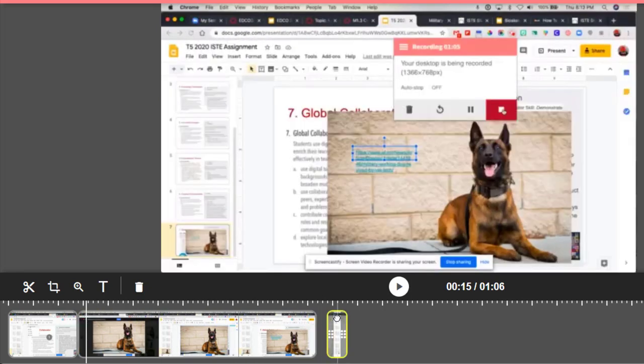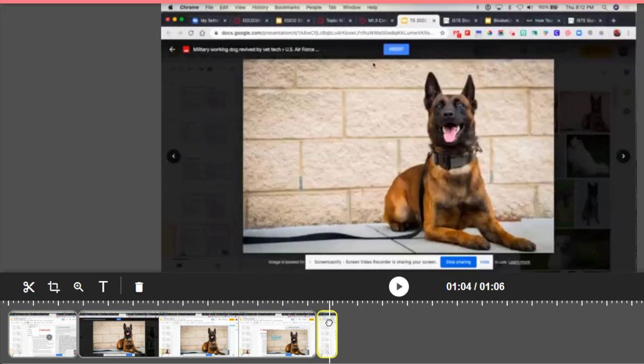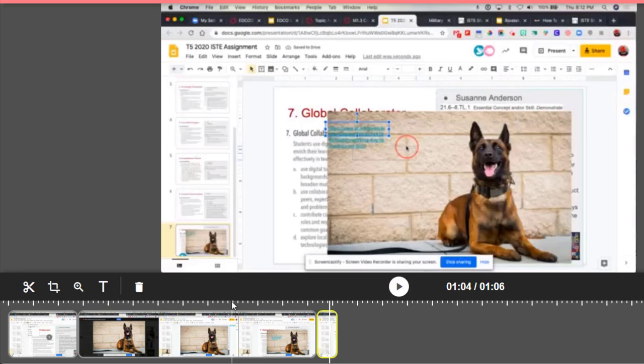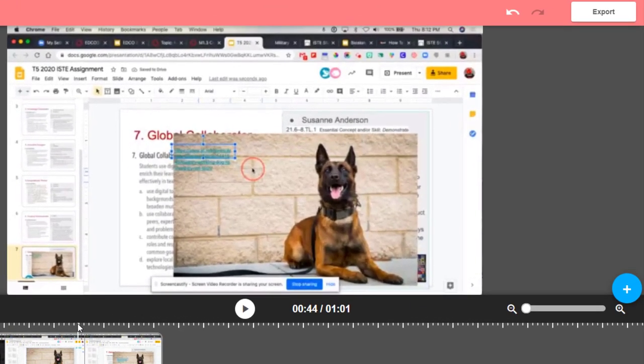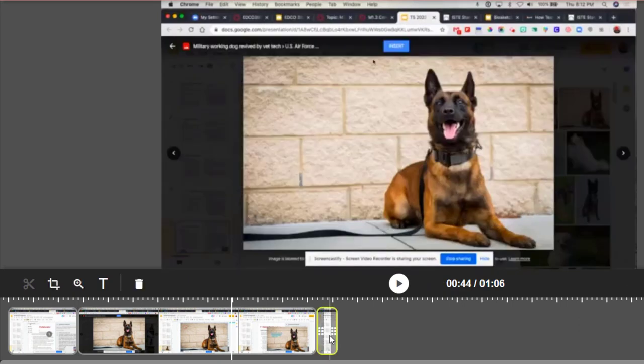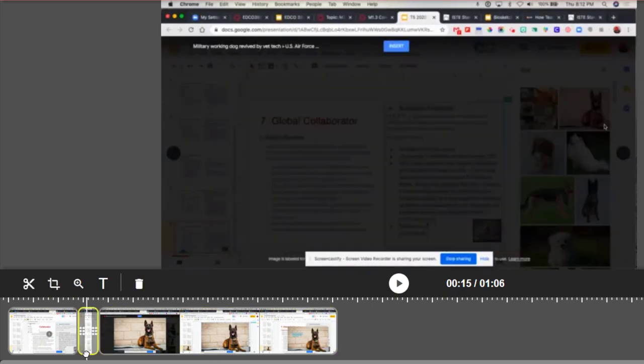I can take this out and move it around and rearrange them if I want to. I could click the trash can or simply click the delete button on my keyboard to delete it. If I made a mistake, in the upper right hand corner there is an undo button to bring it back. I'm going to move my clip back to where it was so that we can demonstrate the next tool, which